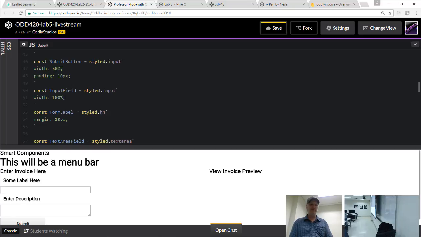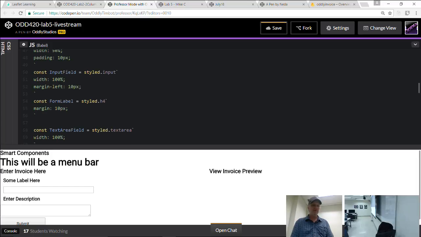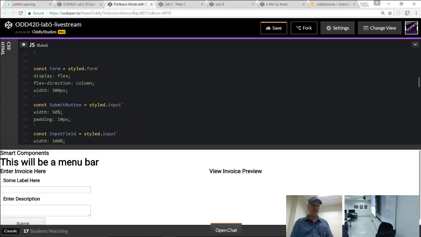What about my input fields? Maybe I should make it line up on the left. Something like that. Or, I wonder if I do padding. Yeah, see, padding's not going to work because it's putting it inside. You know what I mean? So I'm going to have to go margin for this one. But it's up to you, however you want to do it. Or maybe I'll just add it to my form itself. So let's go back up to my form here.